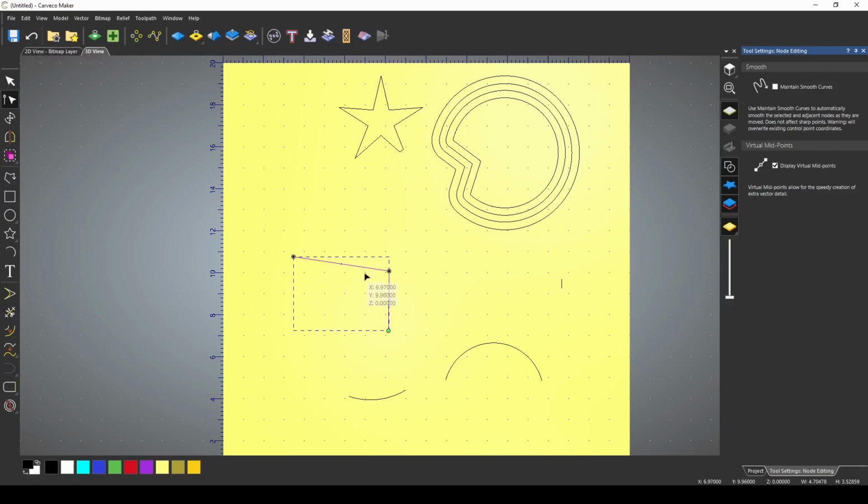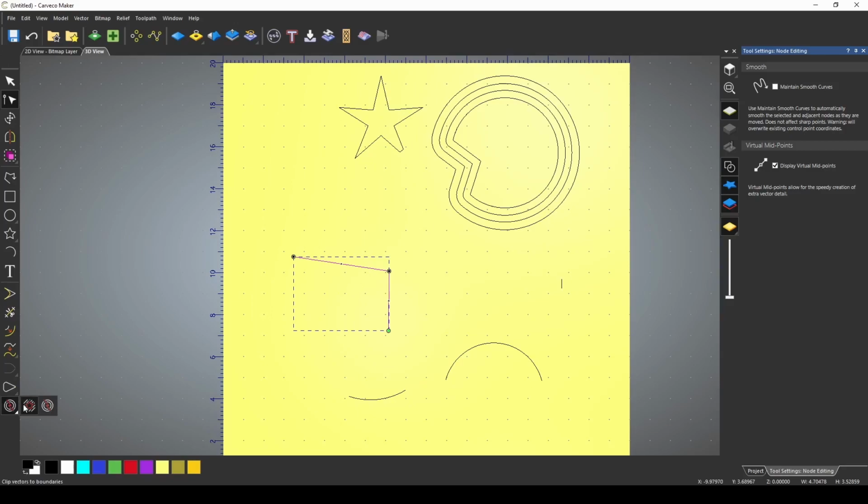Now, once you have those two joined, you can see that we now can close this and make a triangle out of it with the close vector with the line tool. And so if I press that, it'll close that vector where the two open ends are and make them meet. Just like the other tool, I can also close those with a line or with a curve, which gives me the Bezier curve that allows me to make the adjustments. And we also can close that by moving the ends, which with a triangle would just make another line.